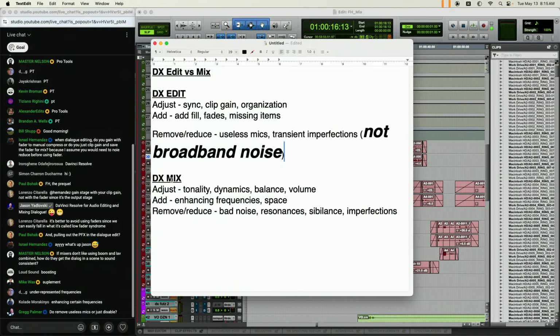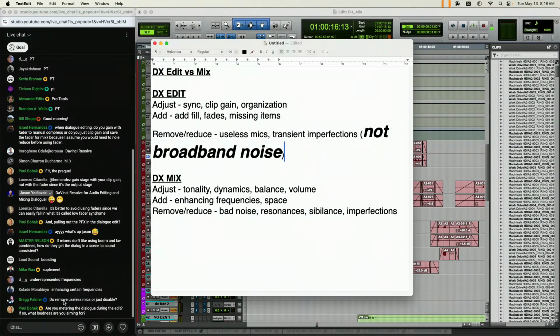Okay. Greg asks, do you remove useless mics or just disable? I take them out. I kick them out. I give them the boot. I give them the Heisman. I chuck them across the block. They are gone. Be confident with your decisions. If it's questionable, do I keep this mic? Then sure, keep it. But if it's just noise and off mic, no, kick it out of there. Those little tiny decisions end up making your dialogue sound way better.